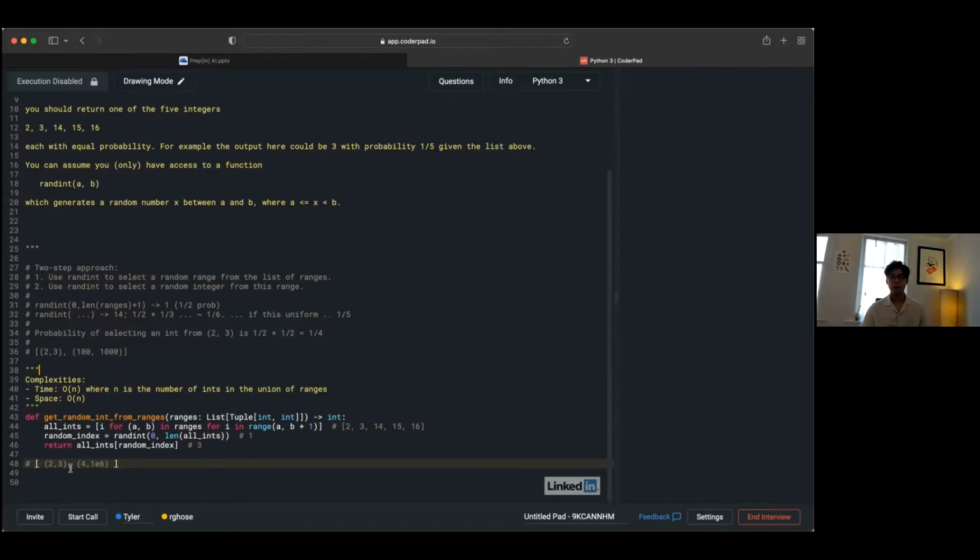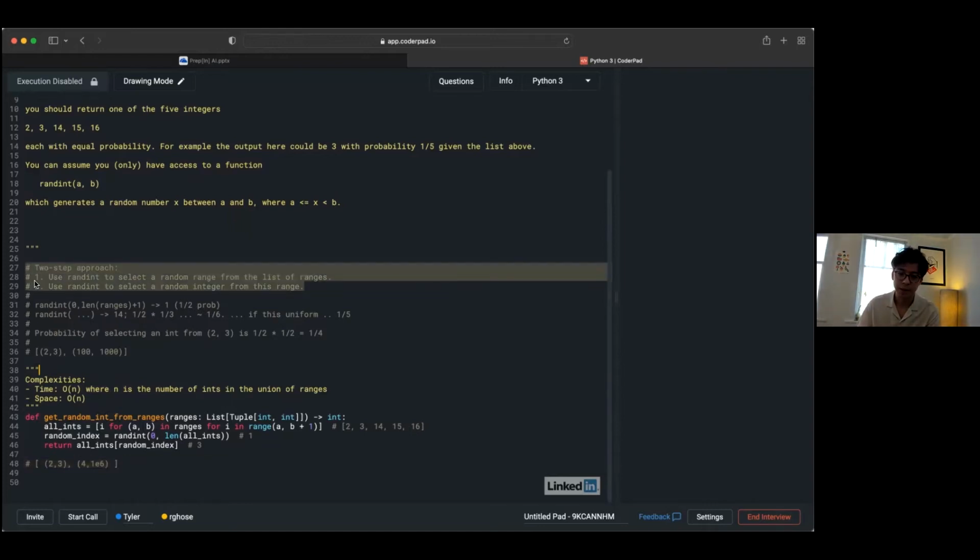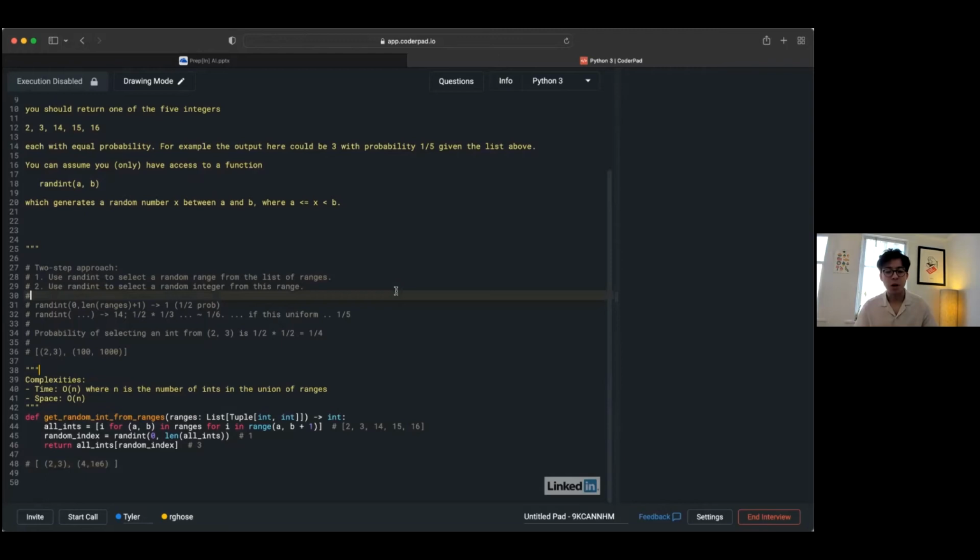So yeah, if I look back at my initial idea with this two-step approach, that approach was wrong. It was incorrect in the sense that it didn't actually generate a uniform random sample. But one redeeming quality about that approach is that it didn't require any explicit construction of these lists of integers. It just involved 2 constant time calls to rand int. So maybe the hope is that we can do something similar, except in a way that actually returns a uniform random sample. In other words, that's actually correct.